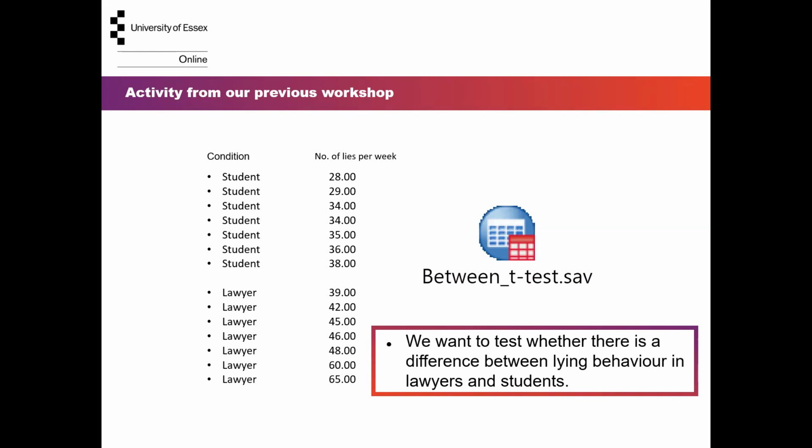So we have the mean for the lies that the students say, and we want to compare it with the mean lies that the lawyers say. So we need to use the independent samples t-test or between-subjects t-test. Again, they're two different ways of saying the same thing, basically. So let's go and open